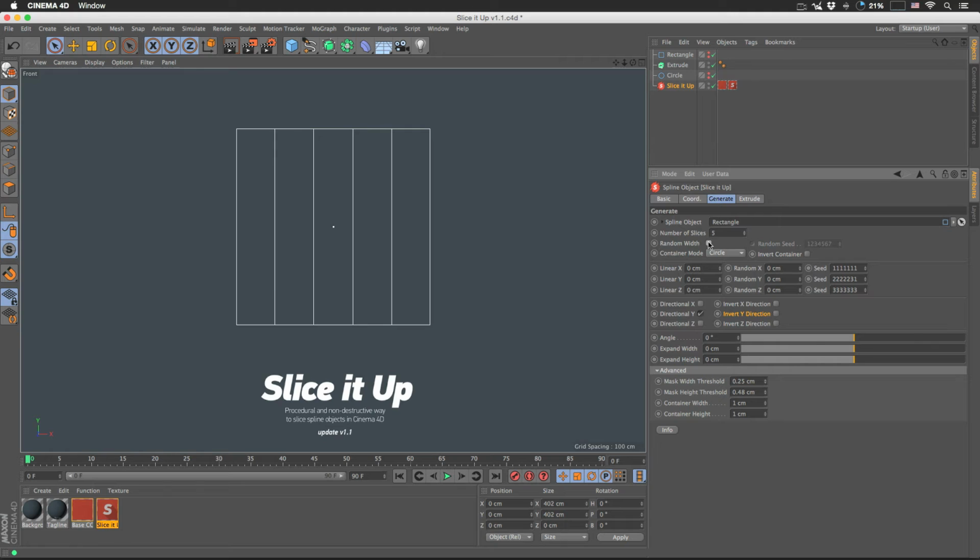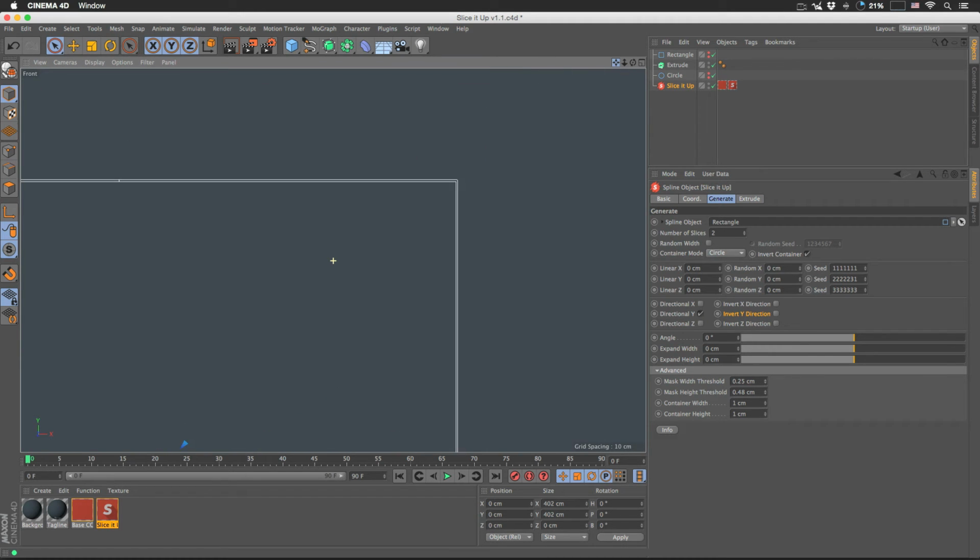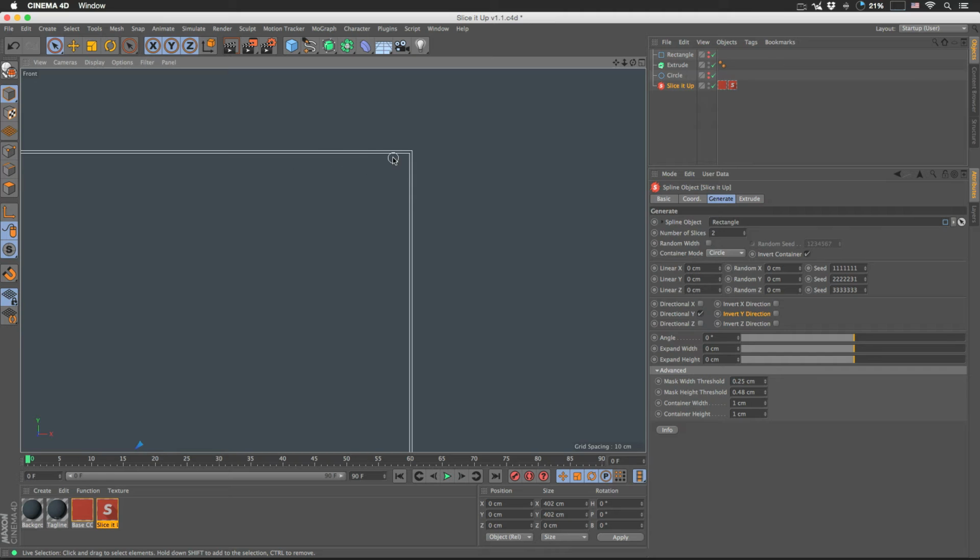Okay, let's choose equal width. Let's say 2 splines is more than enough. And enable invert container. Alright, so let's zoom into this one. And here's the deal. The inner spline is basically the spline we're slicing. This is rectangle spline, the inner one. The outer one is the container spline. So this value says that the container width is 1 pixel bigger, 1 pixel wider than the actual spline we're